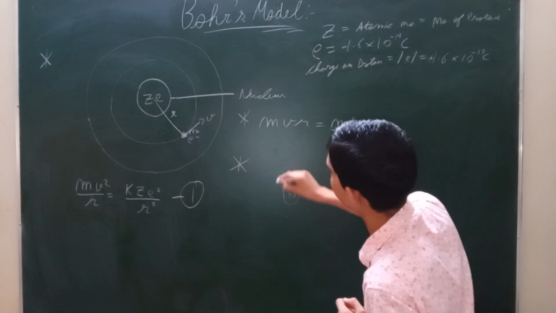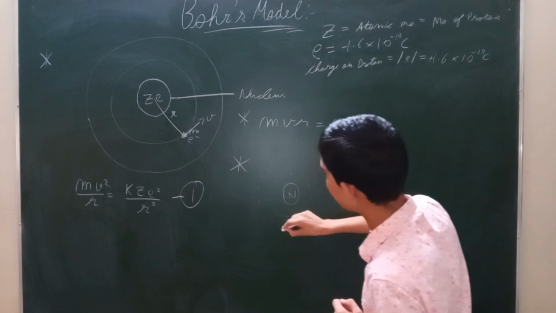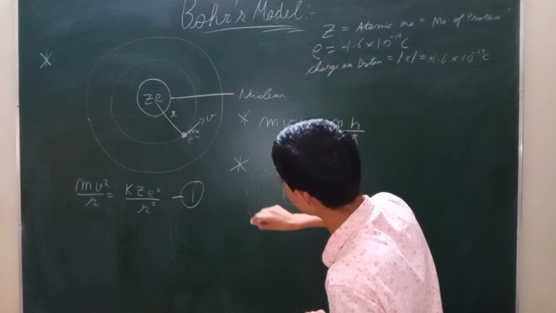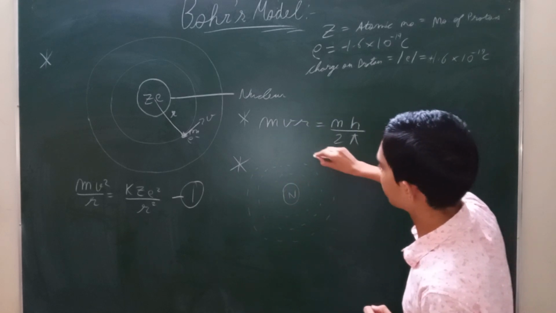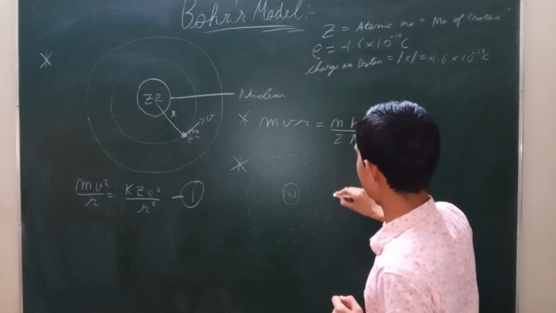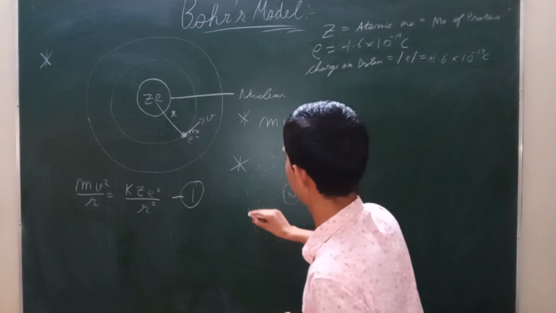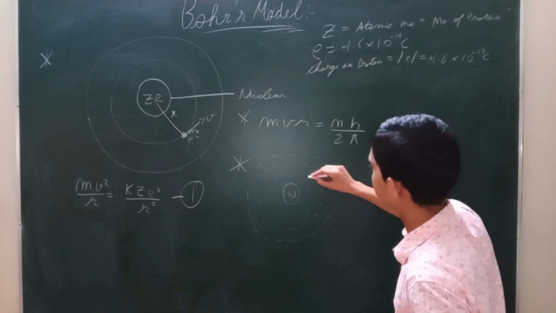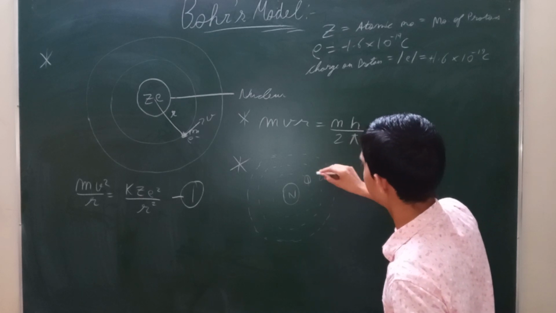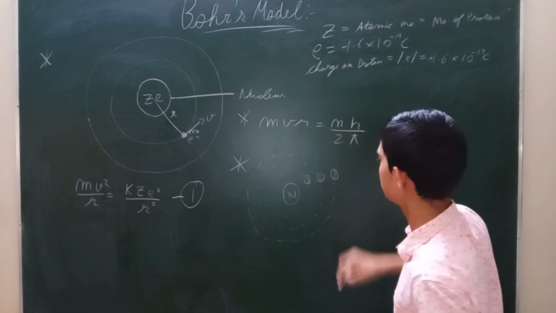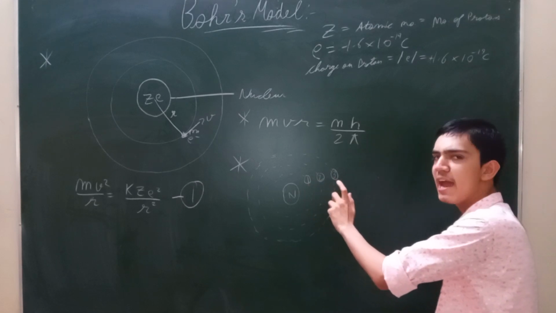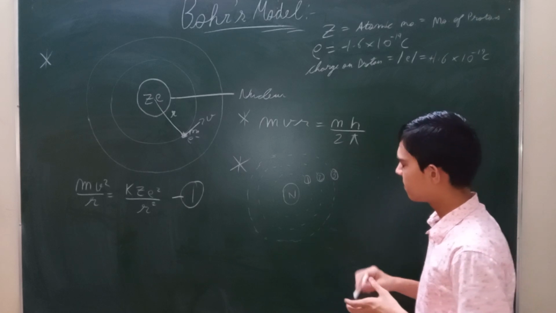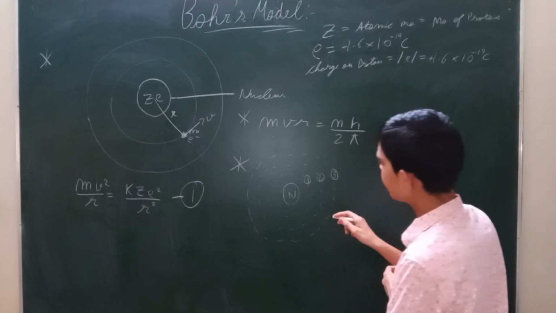This is shell number 1. This is shell number 2. This is shell number 3. Okay, that's nice. That was very easy. So shell 1, shell 2, shell 3. First of all, I want to give names to the shells 1, 2, and 3. Let's consider that there is an